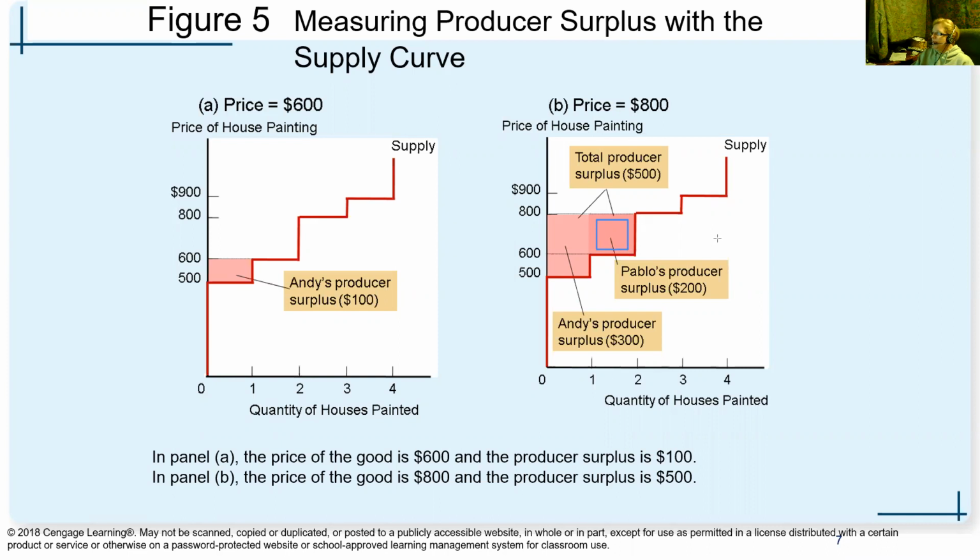So this would be producer surplus by new producers. So we're going to go ahead and look at that one. It's this box that I just drew here, Pablo's producer surplus. So first what I'm going to do is to say, okay, well, how did we get that? And so we got that by,